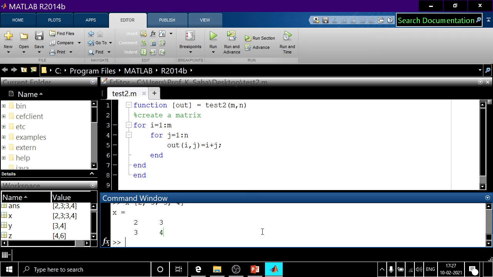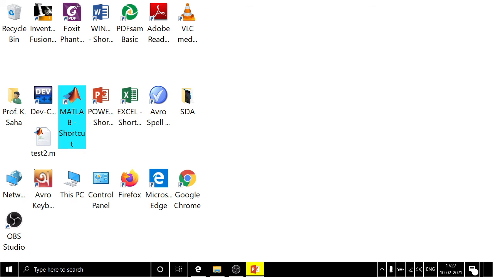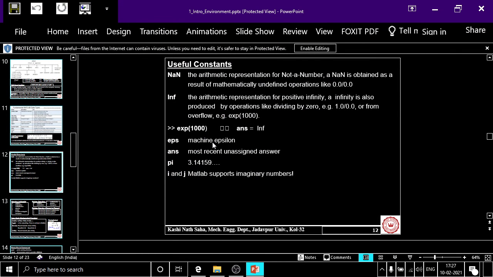So these are some elementary things. We'll gradually learn how to make use of MATLAB. There are so many features. We'll see gradually. Some of them we'll use for our stress and deformation. The basic idea you must have seen by this time. Okay. So let us stop here.